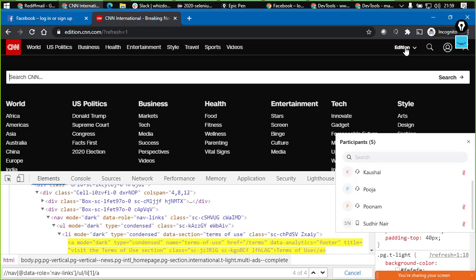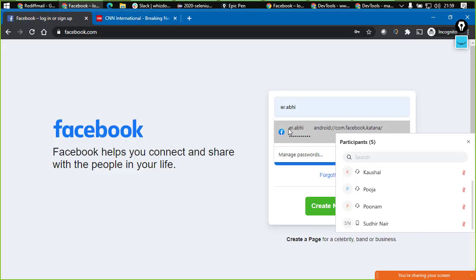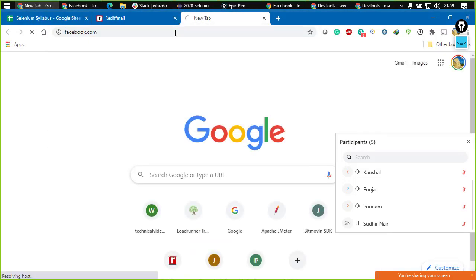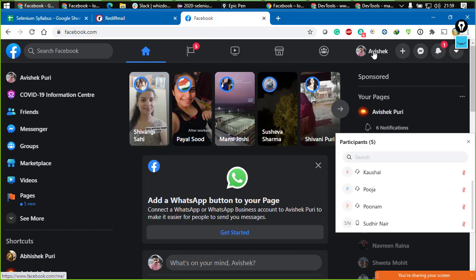Now let us just have an assignment as well. We discussed different things. Now what I want you guys to do is go to Facebook, log in to your account, right? Once you're logged in, let me just go to this page, right? Once you're logged in, here, go to your profile, right? So click here, and here, then after going to your profile, what you have to do is go to your friends,